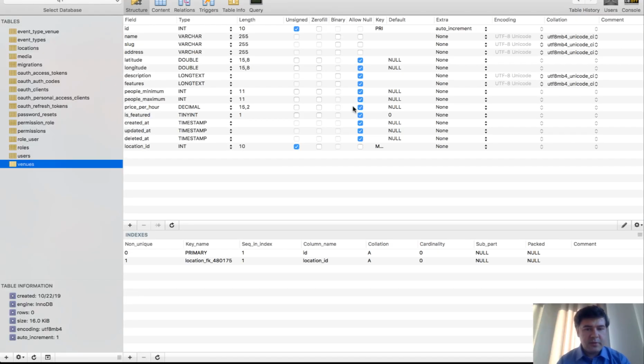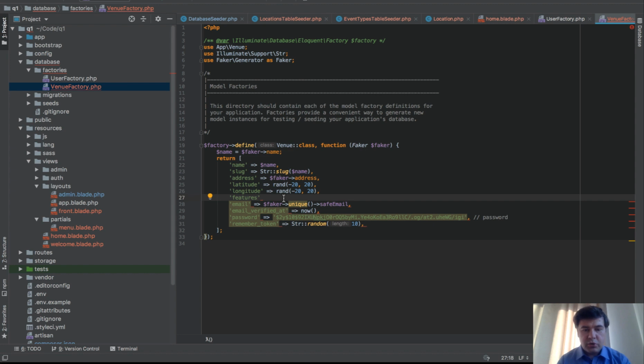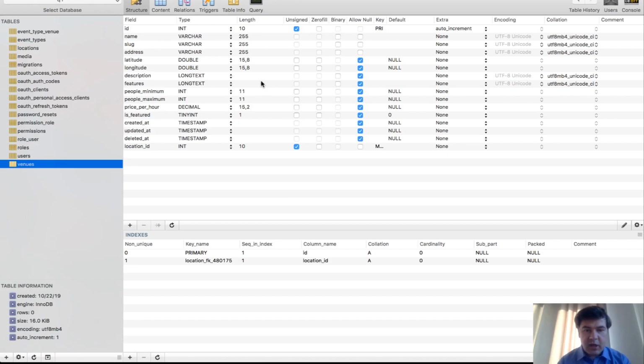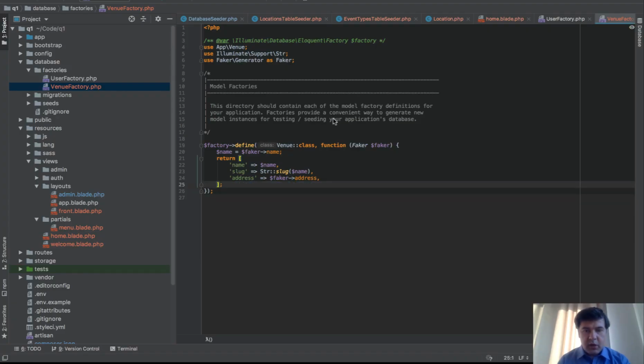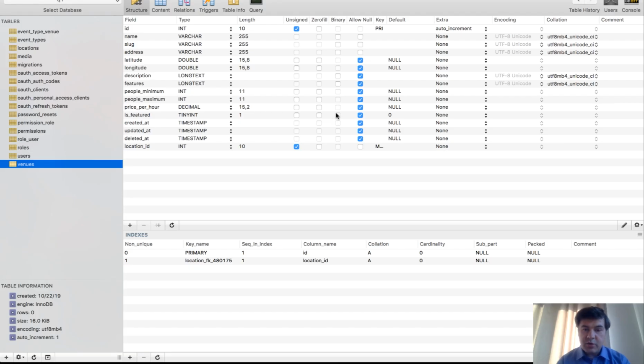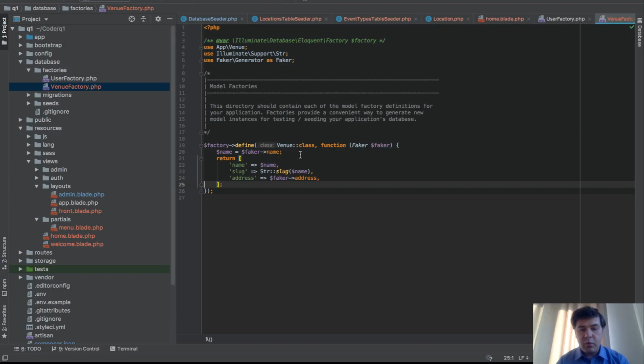So we don't need to specify any of those at all. So I will show you a trick here. Latitude and longitude is also nullable. Probably even address. No, address is required, right? So name, slug, and address are required. Everything else is optional. So we create a factory with only the required